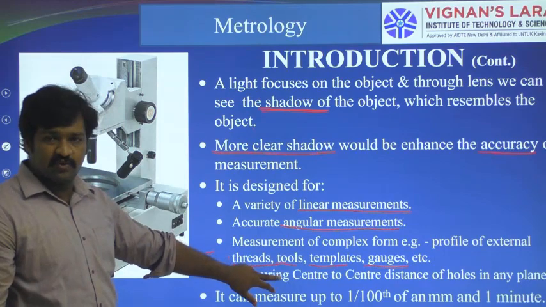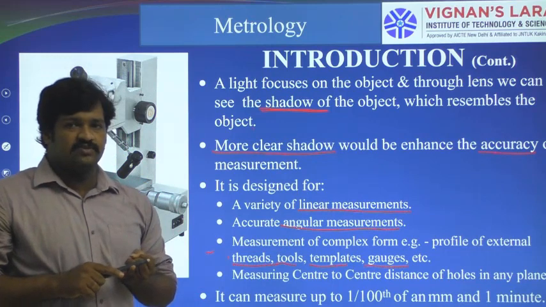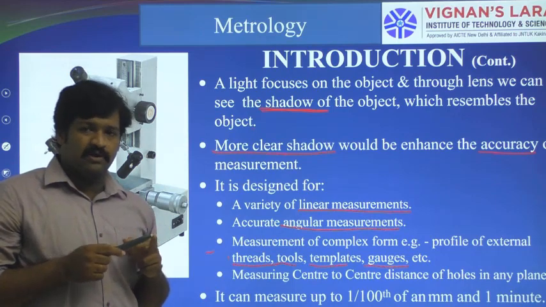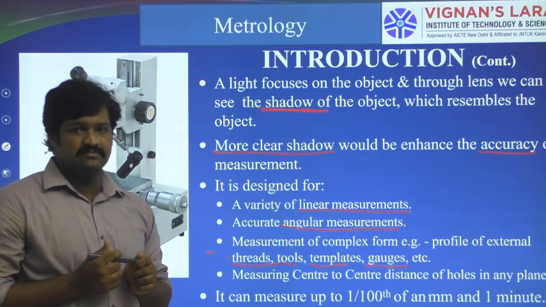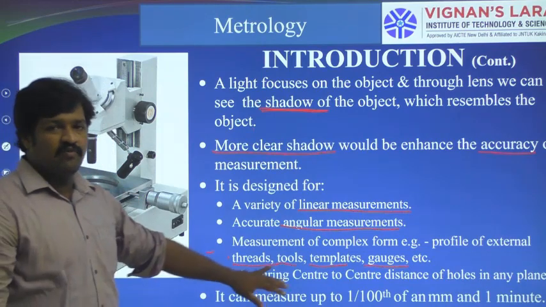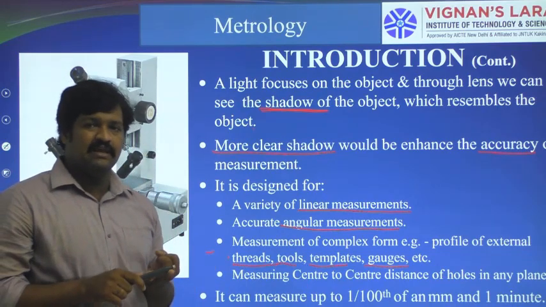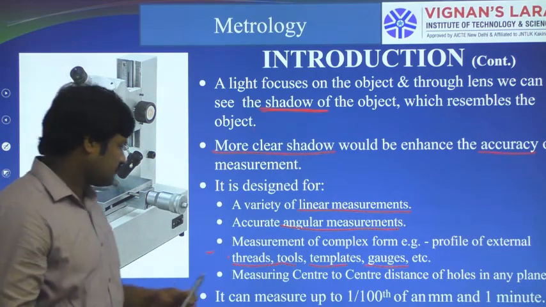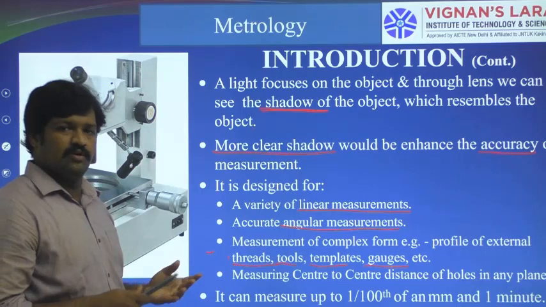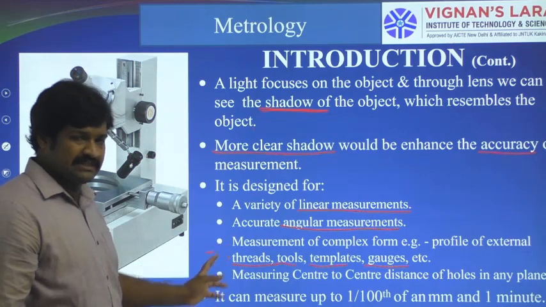Next, identification of tools. As we know, the tool angles are very important for machining. If the tip of the tool is worn or if the angle is not proper, then the machining time will increase. So for identifying the tool angles, we can use this tool maker's microscope. It means for identifying clearance angle, rake angle, and similarly various types of angles. Next, templates, for identifying the profiles. Next, gauges, so pitch gauges, thread gauges. Next, form thread, profile gauges, like that, various gauges.